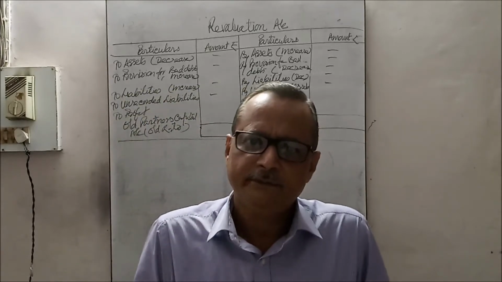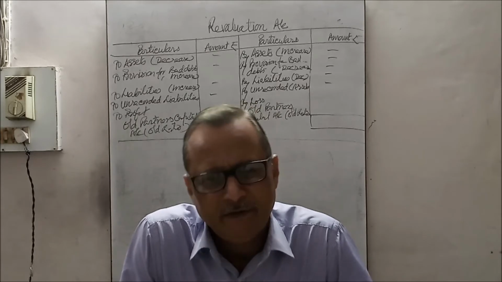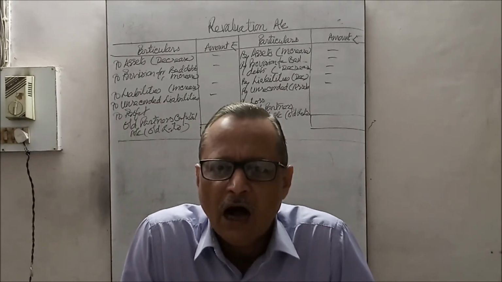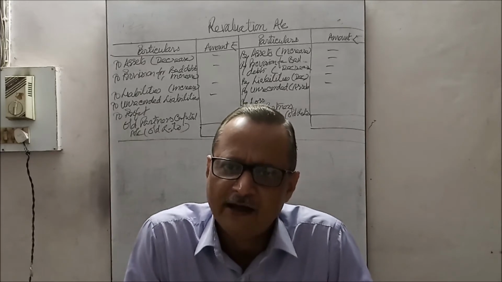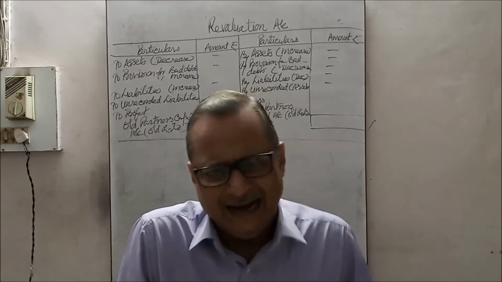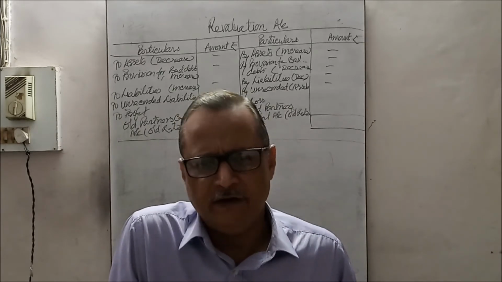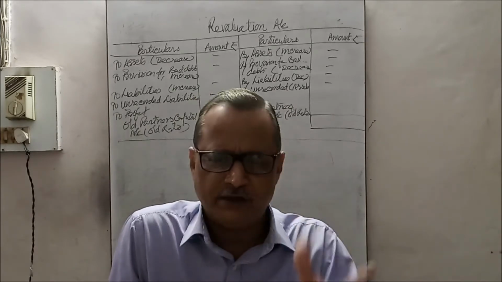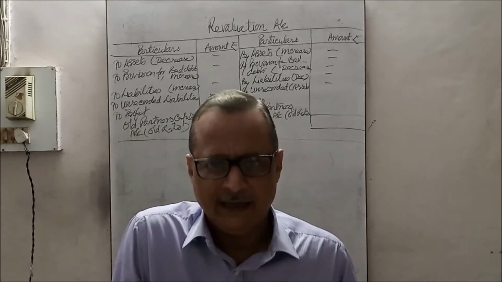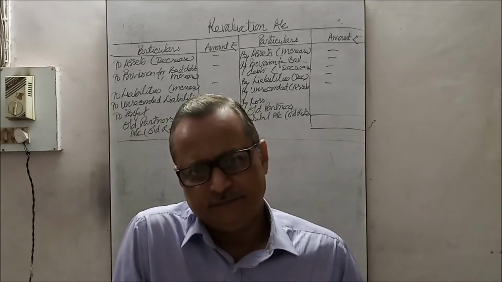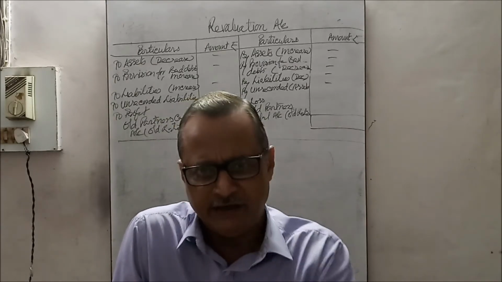Good morning, student. In the previous class and previous video, you watched how to pass journal entries regarding the revaluation of assets and liabilities. One example we took was how to revalue the assets and liabilities, and what entry should be passed in that regard. All entries are passed, and after that they should be posted to the ledger.